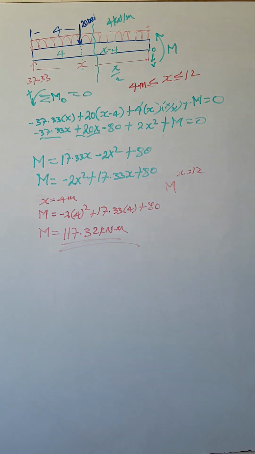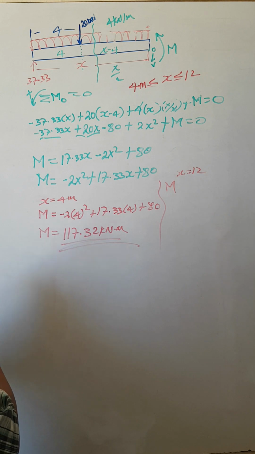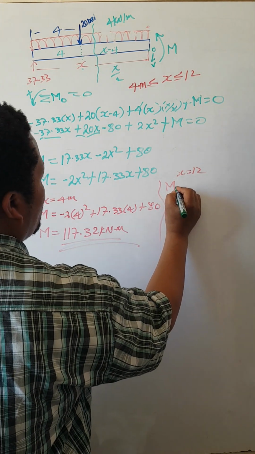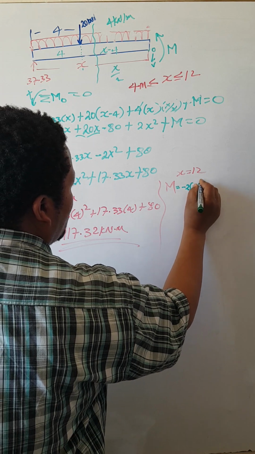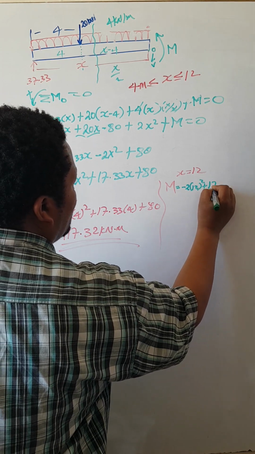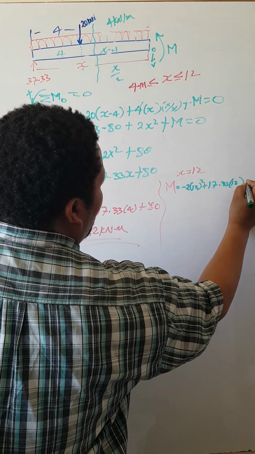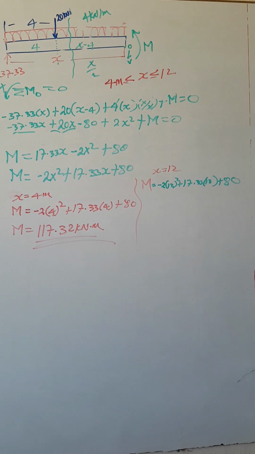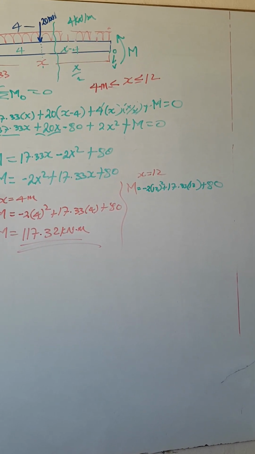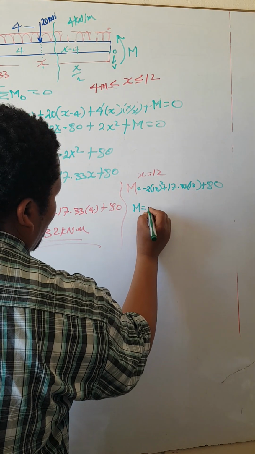Moment at this point is equal to -2 times 12 squared plus 17.33 times 12 plus 80. This is the moment we get at 12 meter. When we work it out, moment is equal to